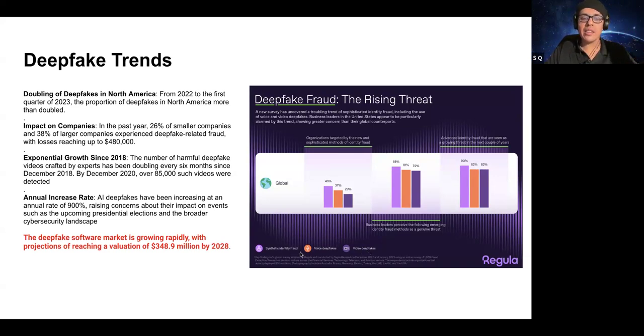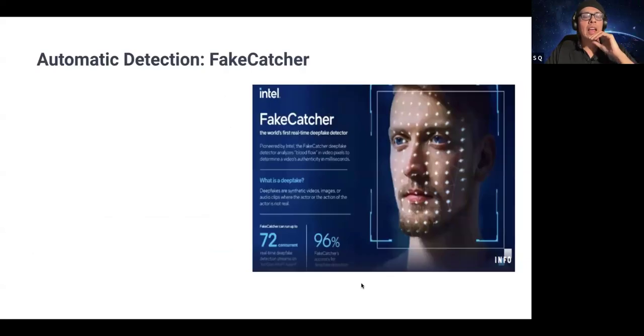So you have synthetic identity fraud, which is the creation of false identities. That's escalating year over year. The voice deepfake issues, fake voices over the phone from fake robocallers, are increasing. Video deepfakes, the threat is increasing. Overall, these are escalating upwards. And there are attempts to try to solve this problem, but